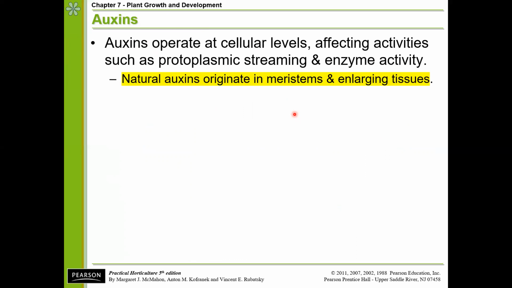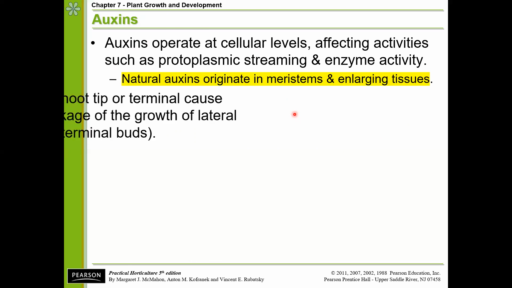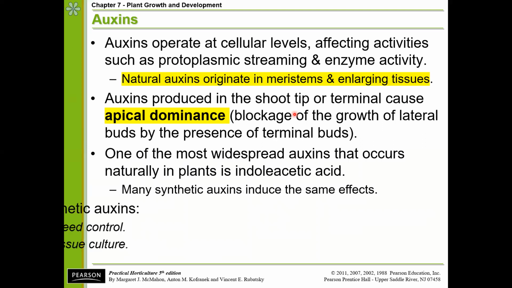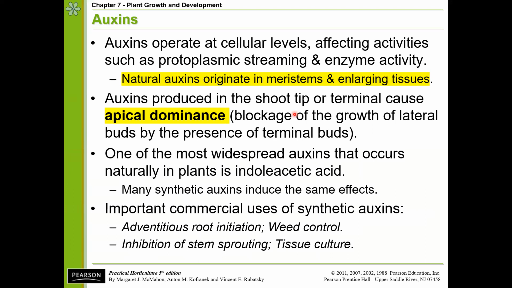So first, auxins. Auxins naturally originate in the meristems and the enlarging tissues of the plant, and they cause plants to have that apical dominance, where the meristem is at the top of the plant and everything is growing laterally outside of those auxins. And what we use them for mostly